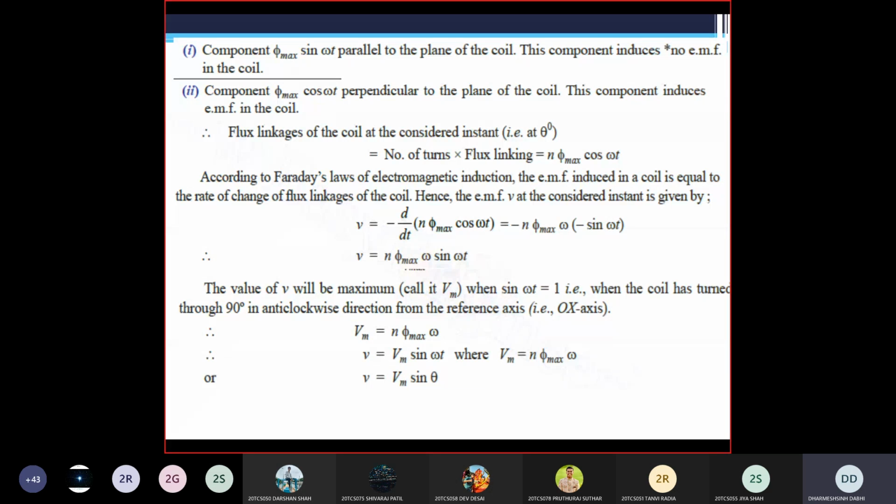So the square coil area is what? 10 into 10 centimeter. If you write it in meter, it is 10 raised to minus 2 meter square. Clear? So phi x is replaced by B into A, and omega. Omega is what? 2 pi into F. As you know, the angular velocity you can represent in terms of frequency, that is 2 pi into F. So what is the frequency here? How do you calculate frequency?